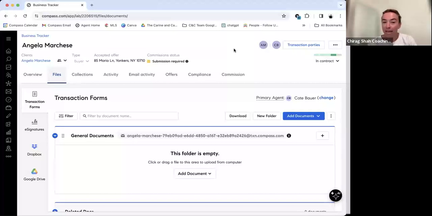My only thing I will say is there are also a lot of other files that relate to the transaction outside of maybe our agency disclosures or representation forms. There could be inspection reports you want to put in there. There could be a vendor list. There could be a whole bunch of things that would be great to embed here. From my understanding, where Compass is trying to take Business Tracker in the future is to let a client jump in here and use this as a dashboard as well. At least that's my hope for the system. So having everything right in there will be much easier and much more collaborative, taking that whole collaborative system home.